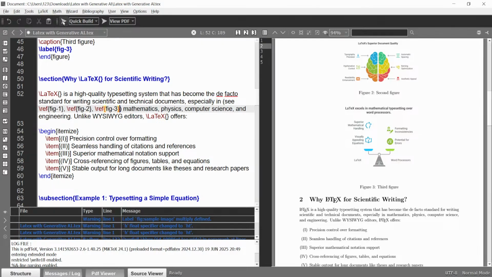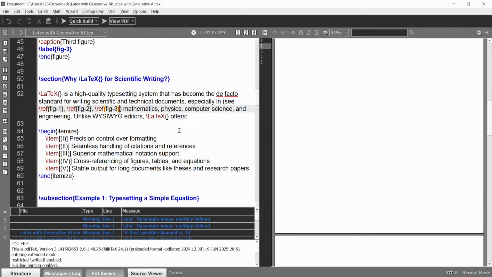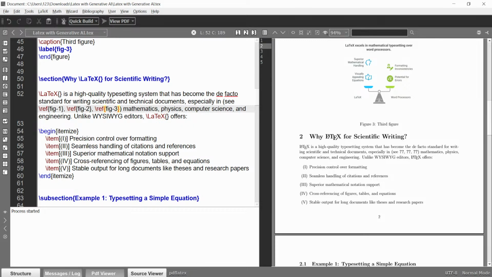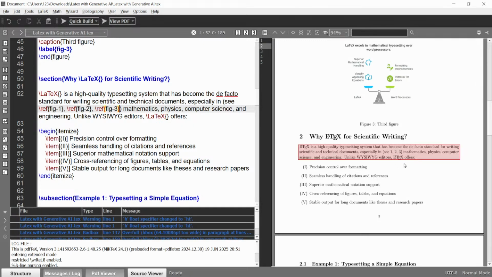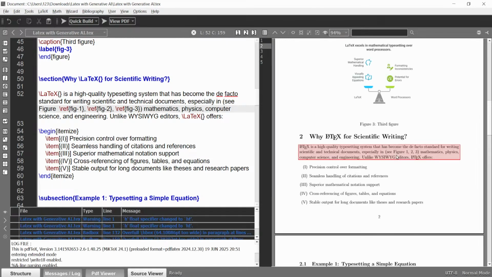When I run this part again, you have to run it 2 times. Yes, you can see here, figure 1, 2 and 3. The numbers are there automatically, 1, 2, 3.